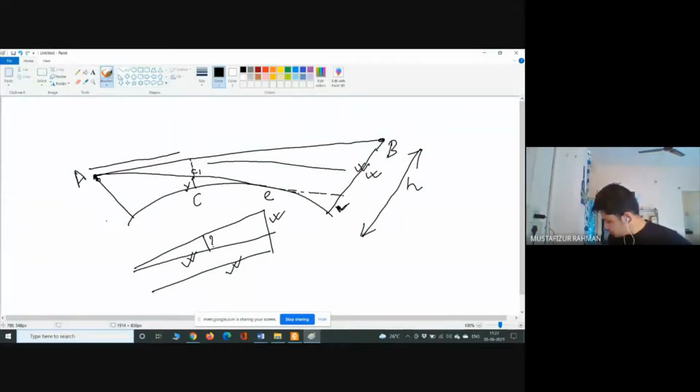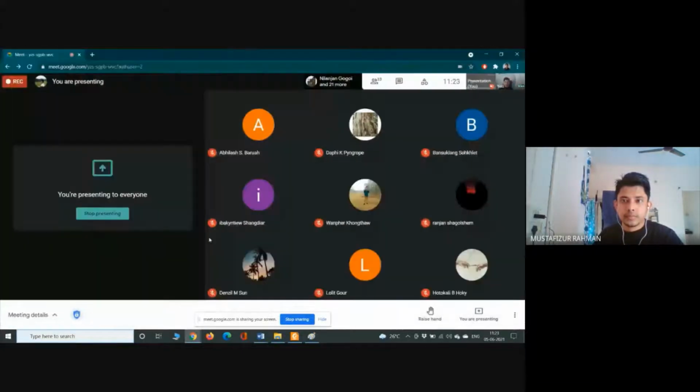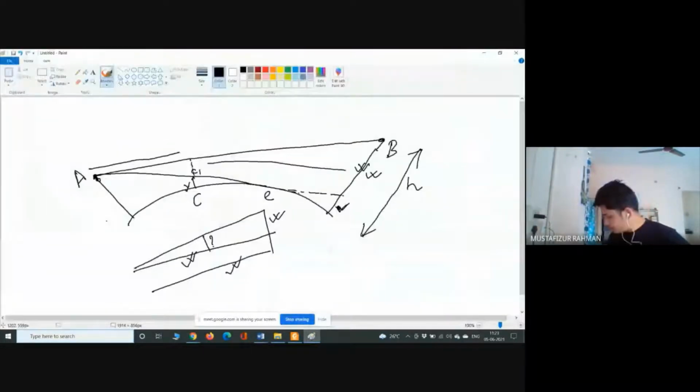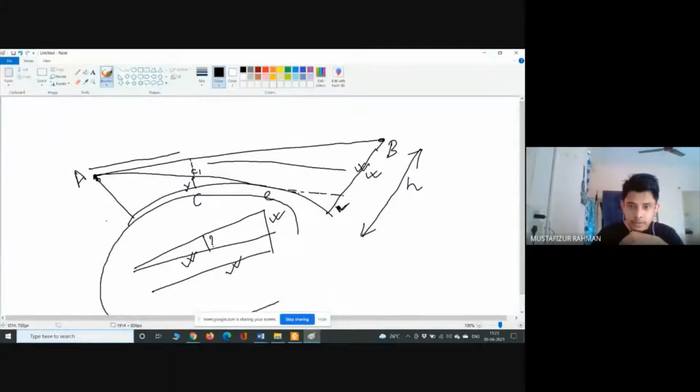That we can do by using the principle of similar triangles. Okay, so after getting this value,